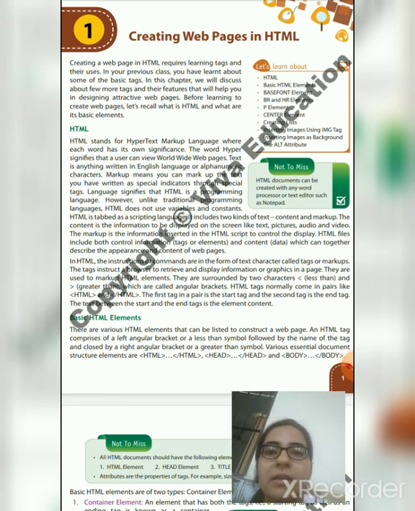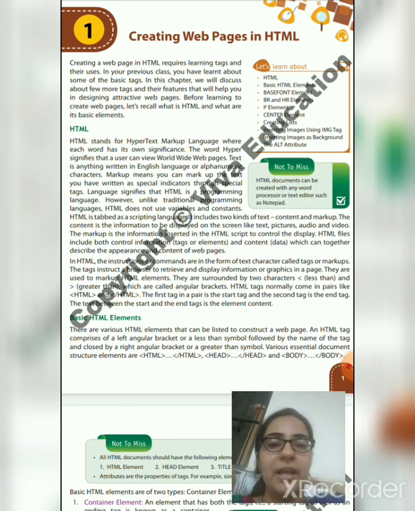The first tag in a pair is the start tag and the second tag is the end tag. The text between the start and the end tag is the element contained. In short, every HTML document should start with the <HTML> tag and close with the </HTML> tag. The whole designing of the document should be between these starting and ending tags.